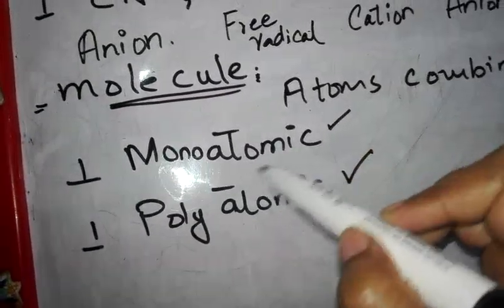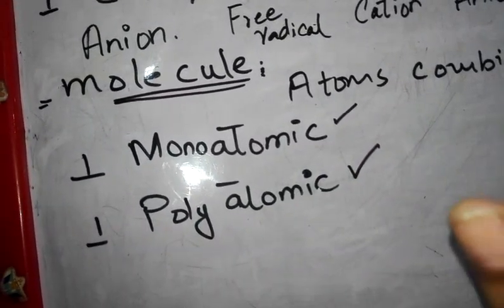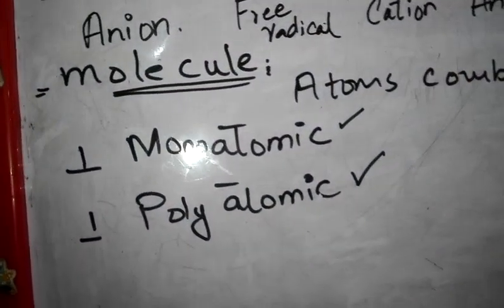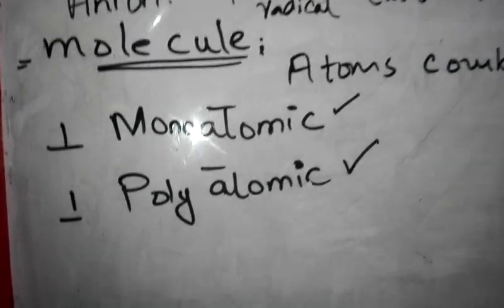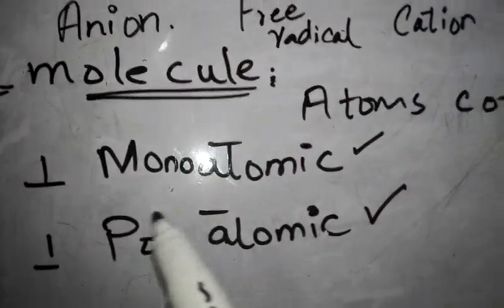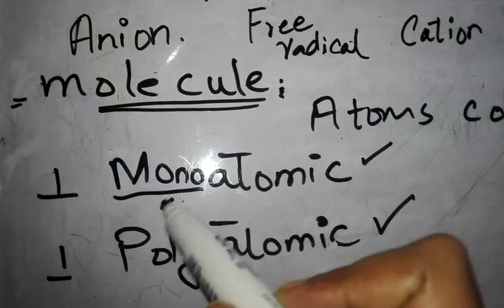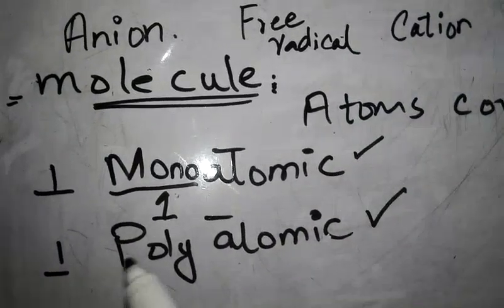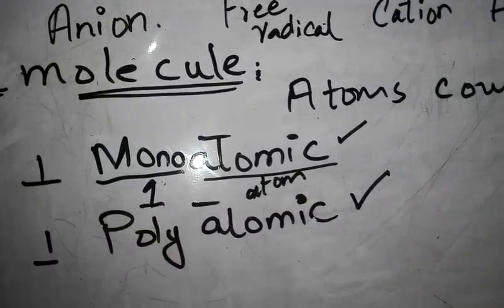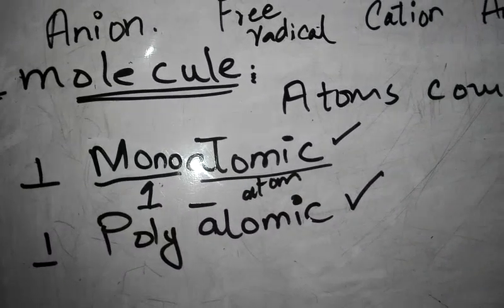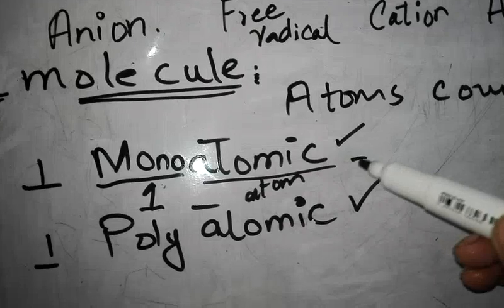One is monoatomic and next is polyatomic. So let me tell you the meaning hidden in the word, which is according to my style. This is very important. It becomes very easy to just remember the meaning of the word. So what is monoatomic molecule? Here the word mono means one. Remember that guys. Mono means one and atomic means of course atom. So those molecules which have a single kind of atom, they are called monoatomic molecule.